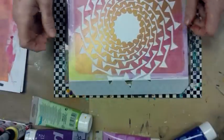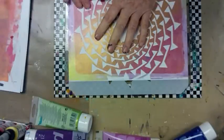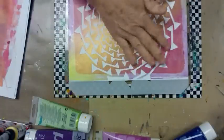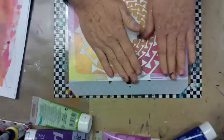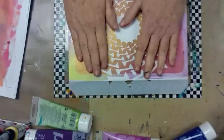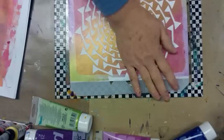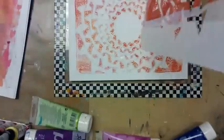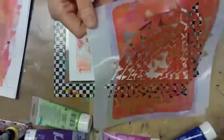So this stencil, where the hell's the number? I think it's upside down, backwards. Hang on, let me get this off of here. I'll tell you what the number is. Oh, I know. I love to see that when the CHA comes out with the new ones. One of my favorites is Julie Fei-Fan Balzer. I love her designs. Consistently like her designs. Every once in a while somebody will come up with one that I really like, but Julie's I like all the time. Okay, so this swirl is number